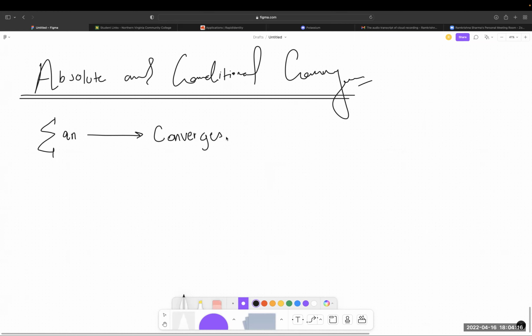Okay, fine. But then suppose I took the absolute value of a of n, and that also converges. So the original a of n converges, fine. And if I take the absolute value of that series and see if it converges or diverges, that also converges. Then I'm going to say,